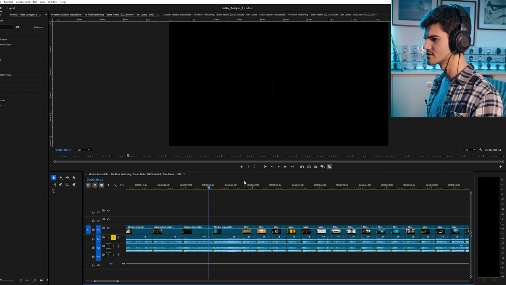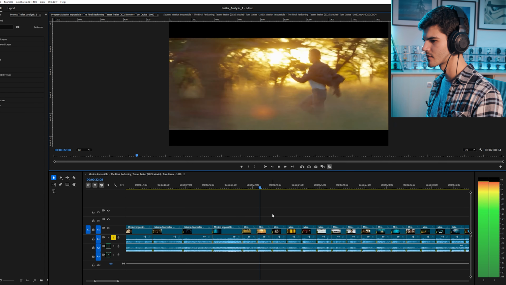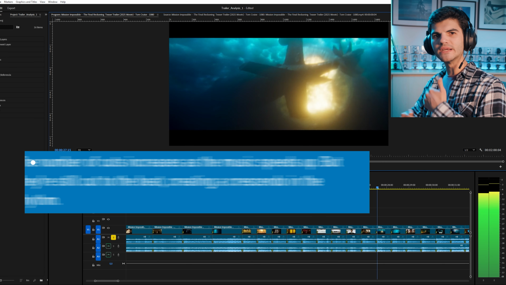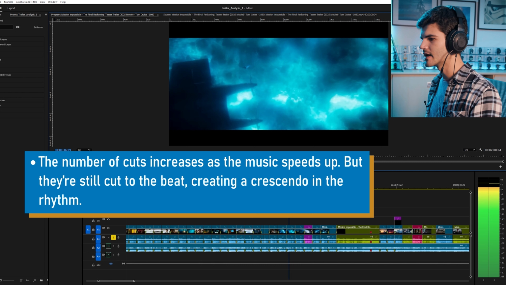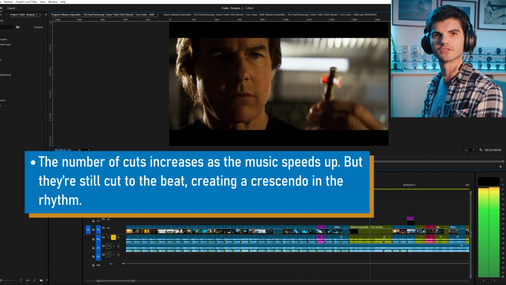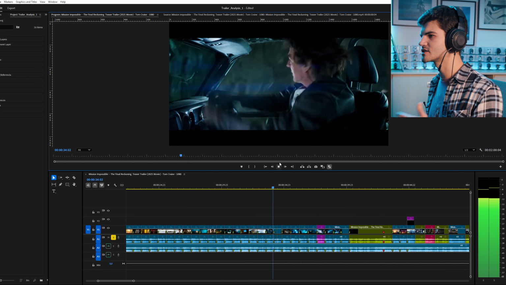The dialogue also helps to set the tone, to kind of get you inside this world. It motivates the images, and it just adds this extra layer to the trailer. You can see here that about the 20-second mark, the shots just get a bit quicker. It's twice as many cuts as before. So the trailer is speeding up as the music is speeding up. And at this point, it's getting more chaotic. It's still consistent, but there's a lot more happening on screen that is motivated by the music. So if the music gets a bit more energetic, so does the image.